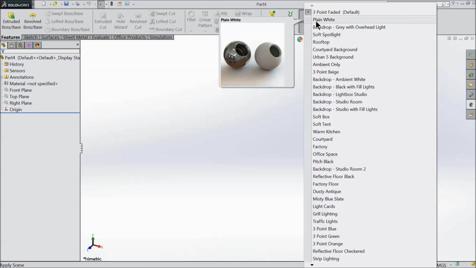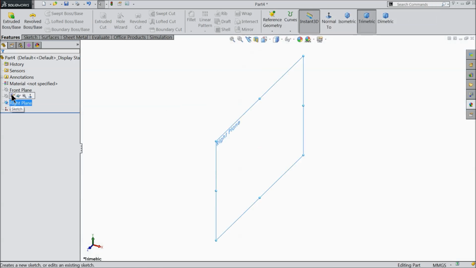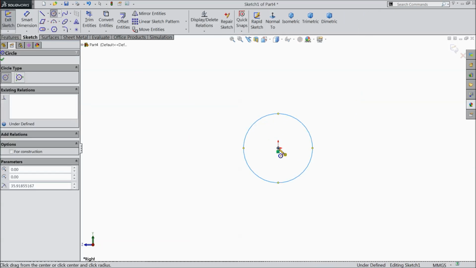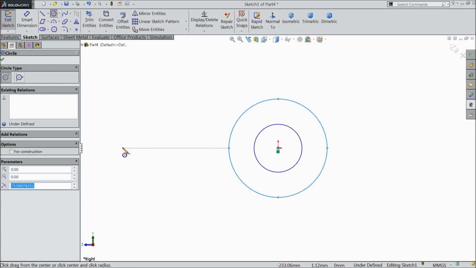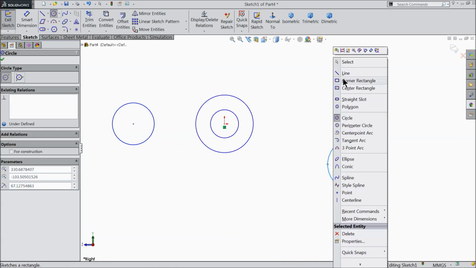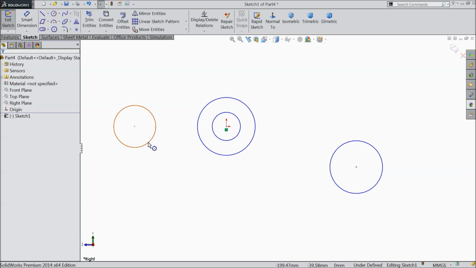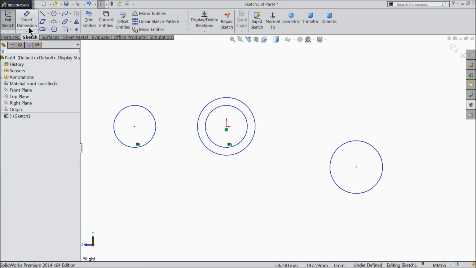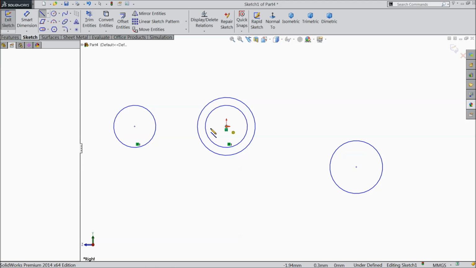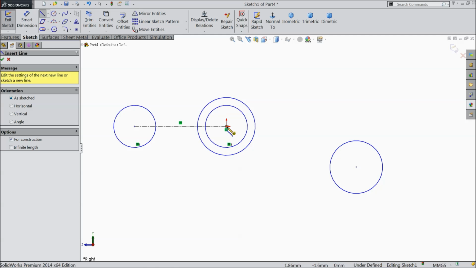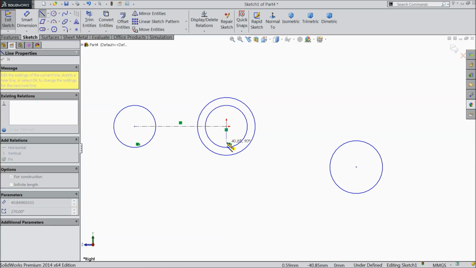The next part here is rocker arm, so select front right plane, sketch, select circle, draw 2 circles, one more circle, exit. Select these 2 circle equal, center line, connect these 2 lines, again draw one line and connect with this circle,